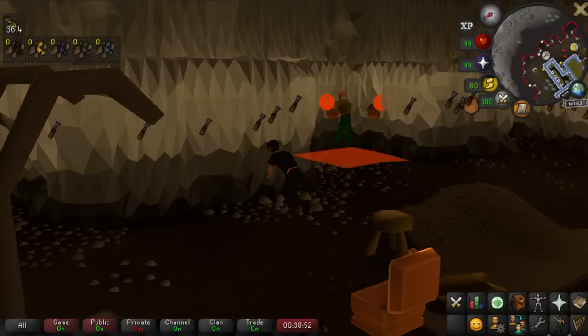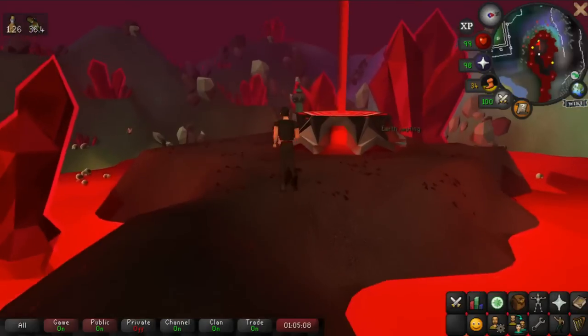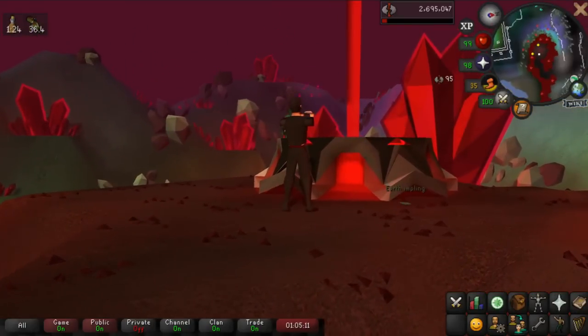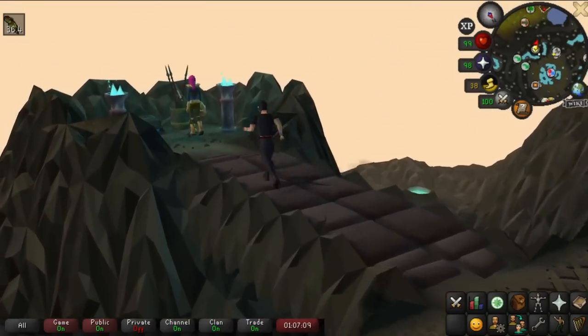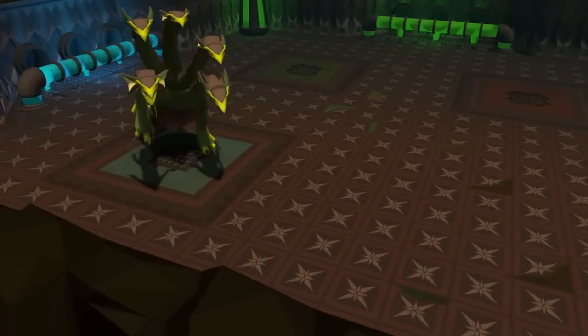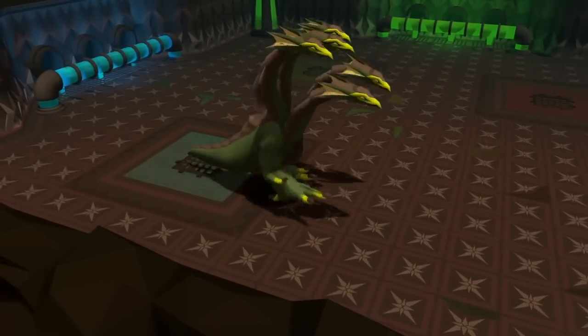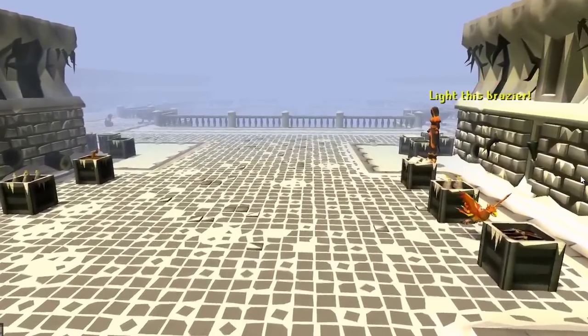It has the Blast Mine, Tithe Farm is a way to train farming even if you don't have seeds. The Blood Altar lets you train high-level rune crafting. This Slaymaster gives you Brimstone Keys, which reward us with a ton of useful supplies. It has the Alchemical Hydra, which drops a ring that's decent for all combat styles, one of the hardest slots to fill. I mean, there's just so much here, it would take me an hour to go through Kourend, but